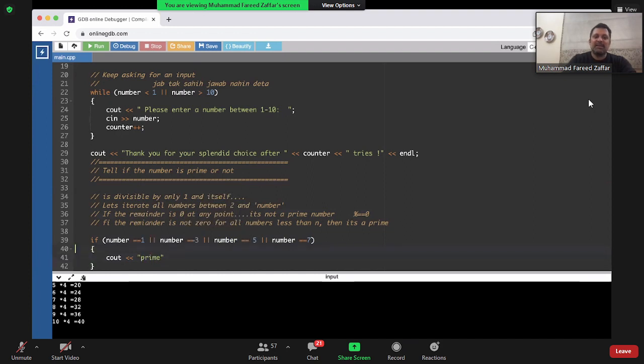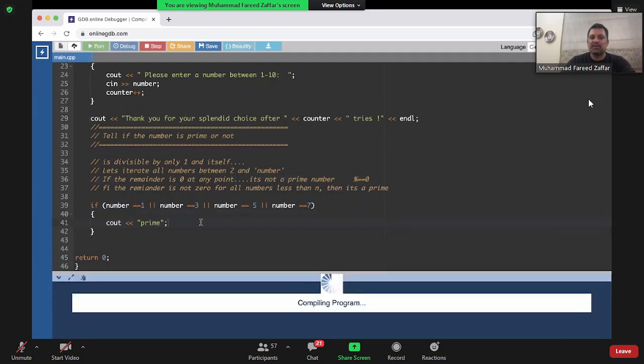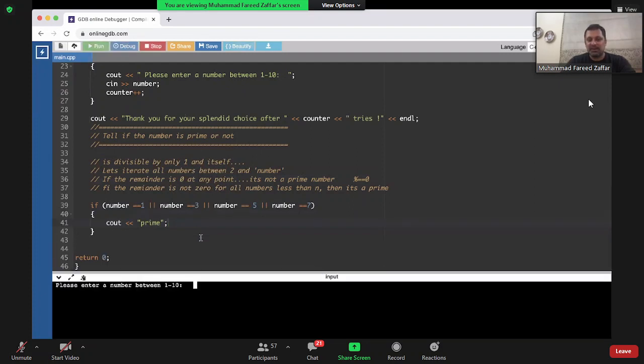This is the easiest answer, right? And this should work, but it only works if this is hard coded, right? So if I say 4, it's not going to say anything.